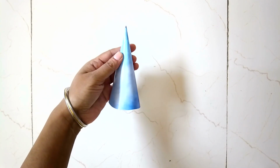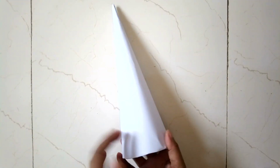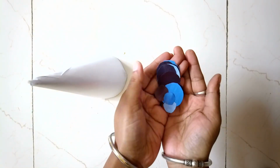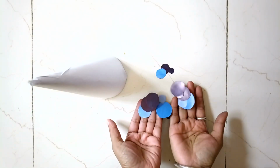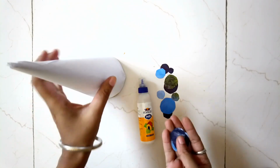Similarly, I made another cone and covered it with white paper. This is going to be a tumbler inspired DIY. I'm going to use a crafter's glue and put these